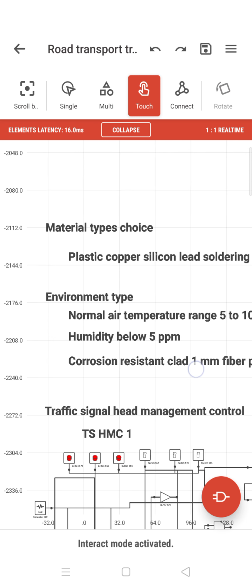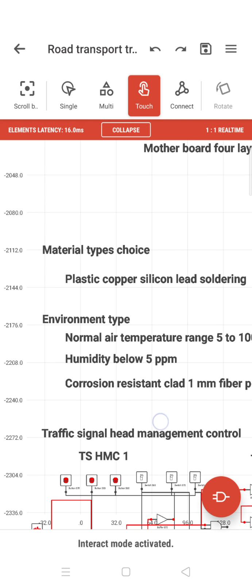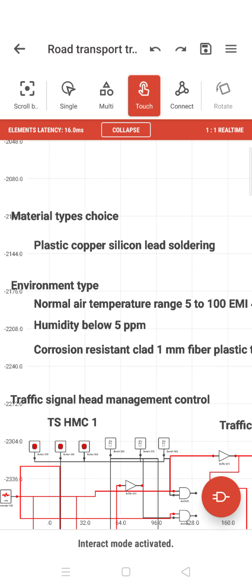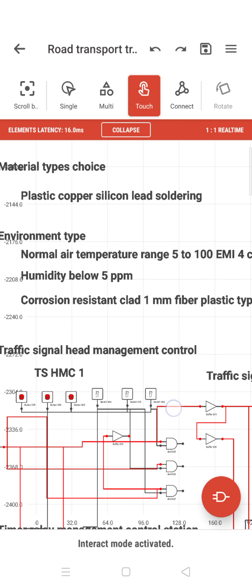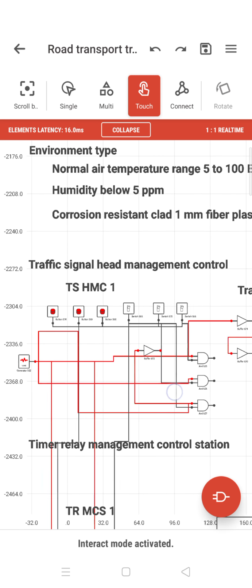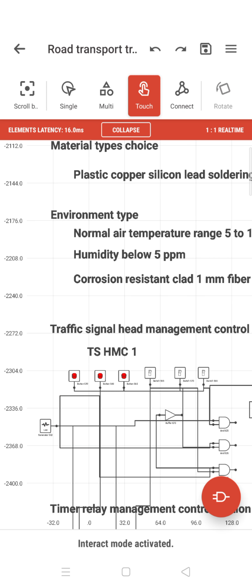Environment type is what kind of temperature and other things, humidity, corrosion level, those kinds of selection choices. What kind of choices you have to make, what is the type, like BC wax and things like that. Those you can give as environmental type control.